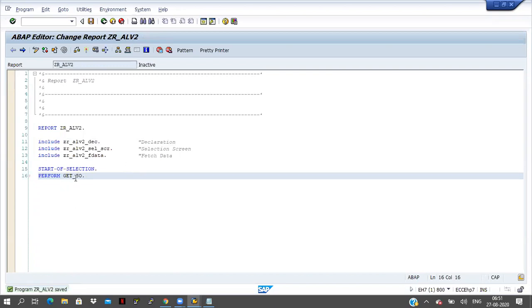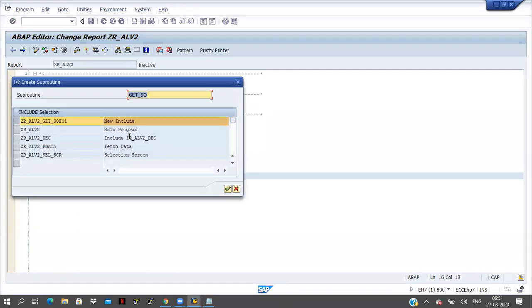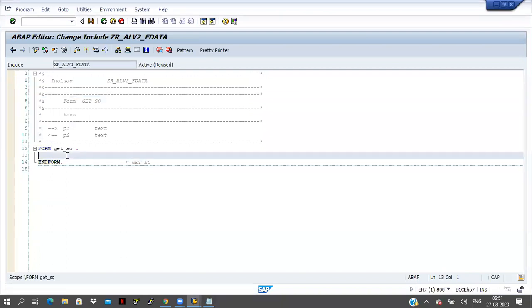So double click on this one, click on the yes button. Where do I want to save this one? I want to save this one in the fetch data include. Select that include name here, click on enter button. So on the form and endform, here get SO. Total SO information I want to fetch here.